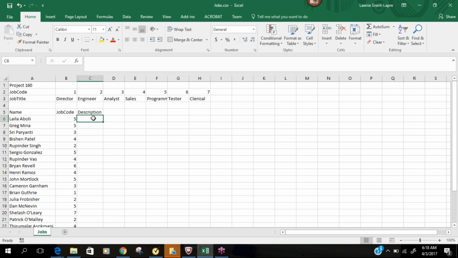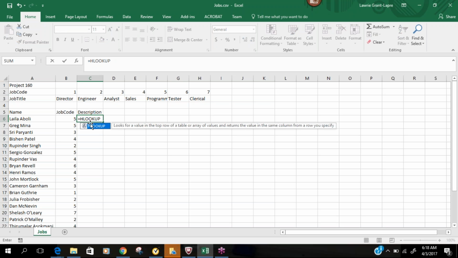What we're going to do is use a formula, and the formula is equals. Because this is a horizontal setup, we're going to use H for horizontal lookup, and then we can see this here, so I'm going to select that and hit tab. That tells us we need a lookup value, and that is the value in B6. So I'll just click on B6, comma, and we're going to go to the table array, which is B2,